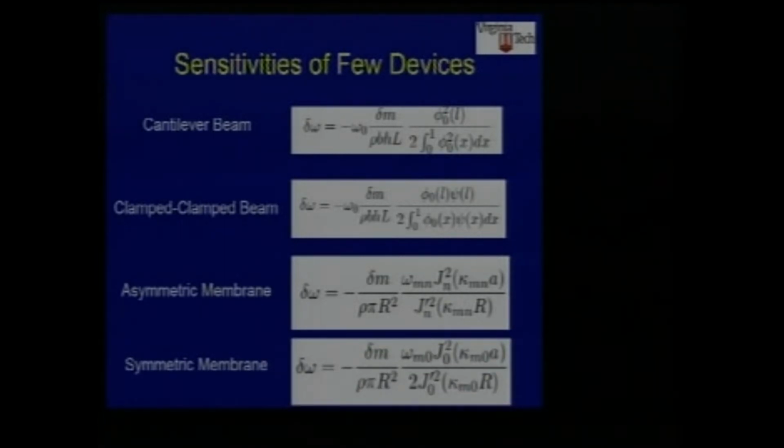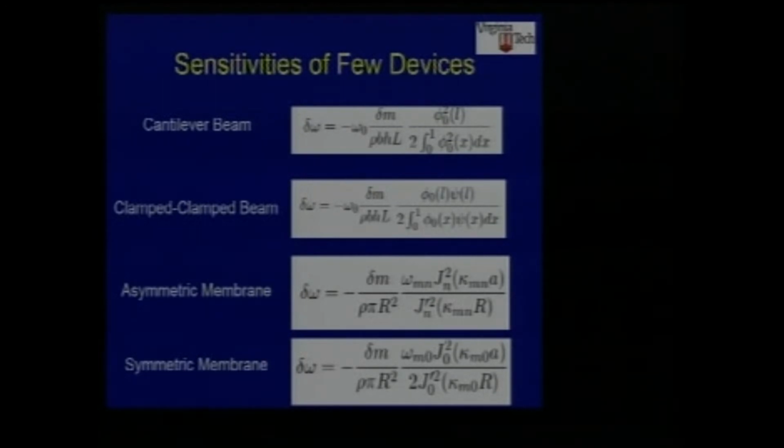So that if you look over those results, they are all of them similar to each other. You can make, for example, major statements about it. One is the sensitivity, delta omega over delta m, increases if the basic frequency of the system is high. So that as you increase omega 0 here, omega mn or omega m0, which is the original one, you would expect to have a larger sensitivity,